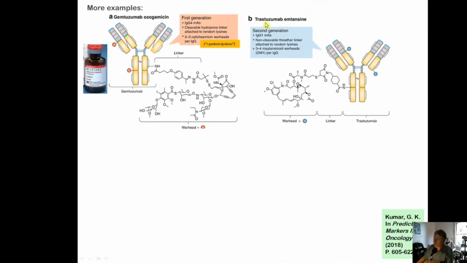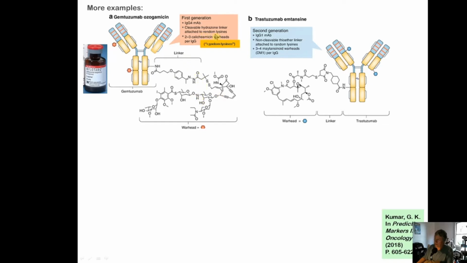Another example is trastuzumab emtansine. So this one has a warhead. It's connected through this linker unit to the antibody. This, I believe, is another anti-mitotic warhead. Another thing to look at, let's go back to this one, the little hexagons. This kind of shows where the drugs are actually localized. And also,